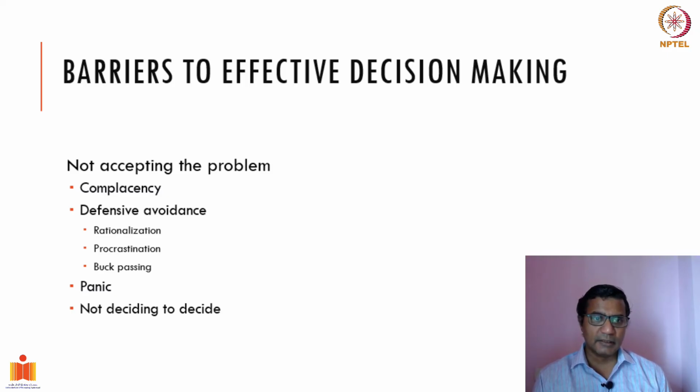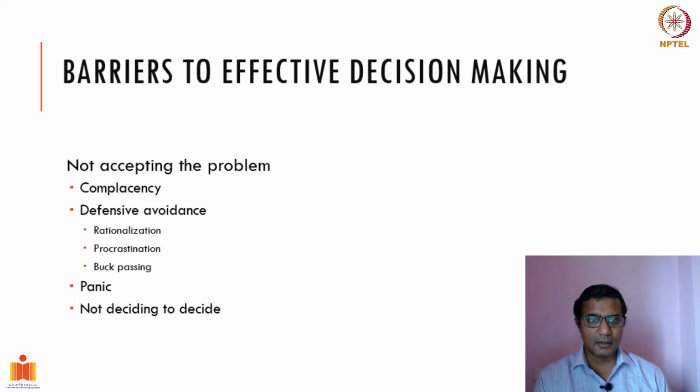there is some problem, or there is a dip in the profits, but you say no, it's not a big issue because anyway we are making good profits. This is just a slight dip. You are trying to rationalize the dip in the profit because there are enough profits. Your profit is pretty high, but maybe a little bit has come down, so you don't see it as a problem itself. You're not accepting the problem and you are very complacent because you are already doing better. You may not be the best, but you are doing better. So that is complacency, being satisfied with the current state and not even worrying about the future.